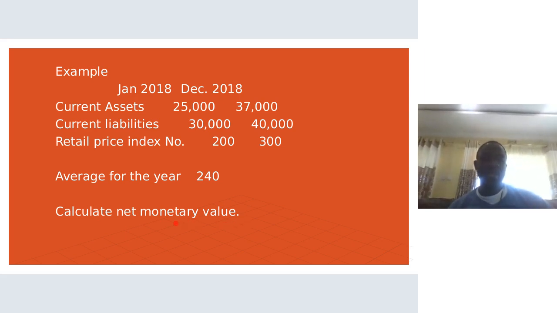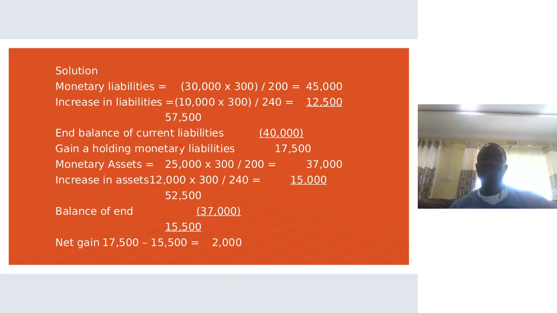We are asked to calculate the net monetary value. Now, we have the values in January and then also the corresponding values in December. We have the retail price index for January and the retail price index for December that has been given. So to solve this, first of all, we have to get now